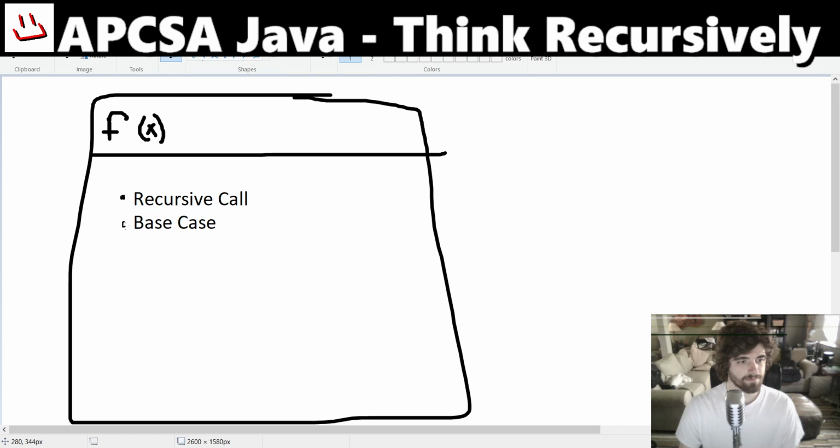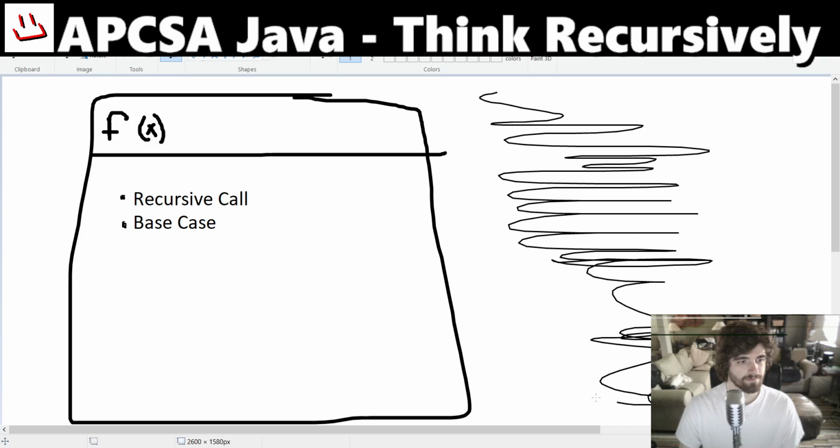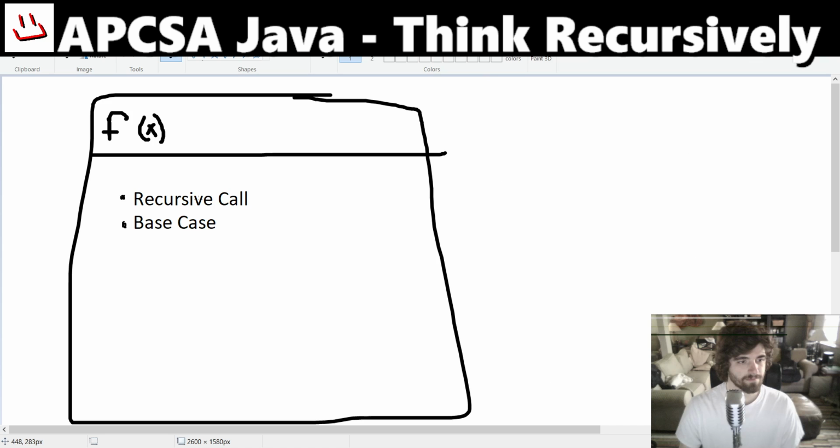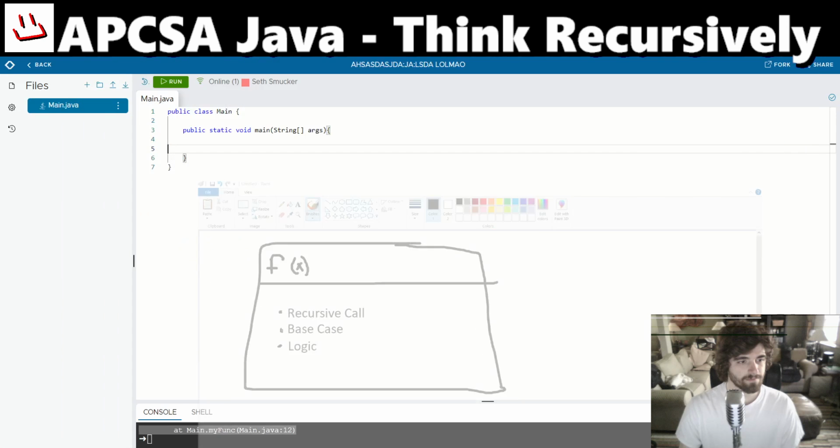Okay? This is the final piece, right? Recursive call keeps calling itself until it hits the base case. It goes and stops here, and then we go all the way back up. That's what recursion does. Okay, and then we also need our logic. All right. So this is what you need in order to make a recursive function. So let's think about how we can make a function using these